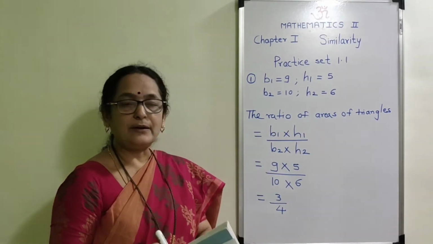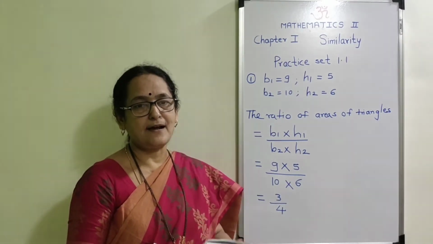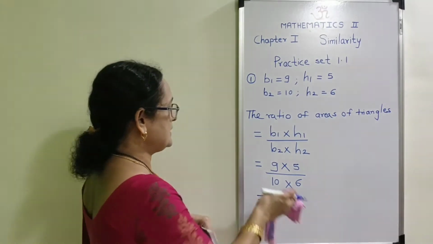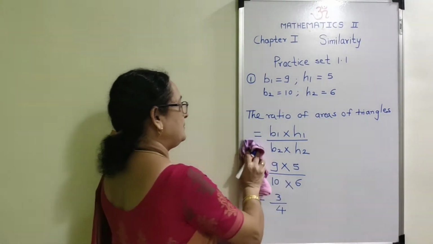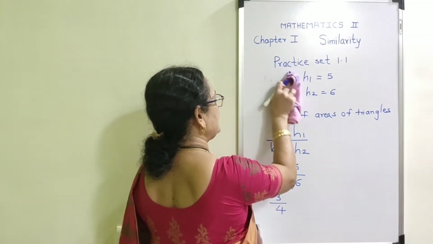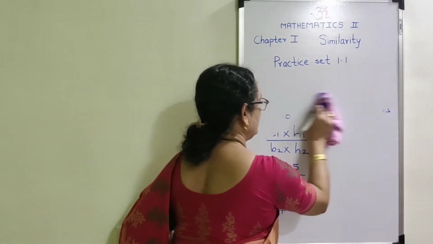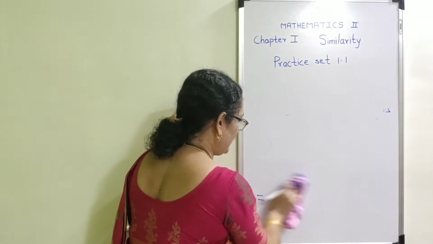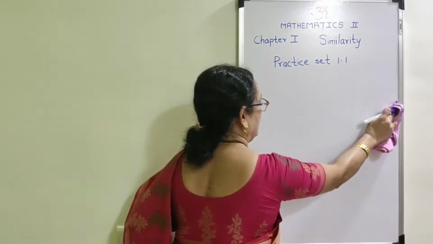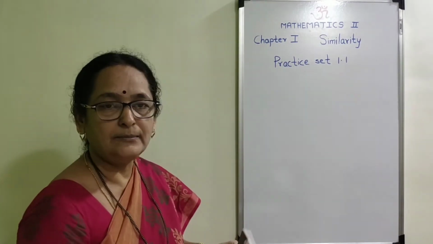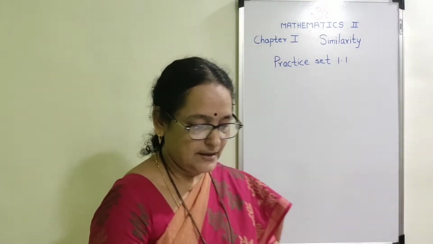Now we are going to consider the second example from this practice set. This example is included in SSC board examination. Many times the same figure, same digits are given in SSC board question paper. It is always asked for 1 mark. All these smaller examples are included for 1 mark or for 2 marks. Now the figure is